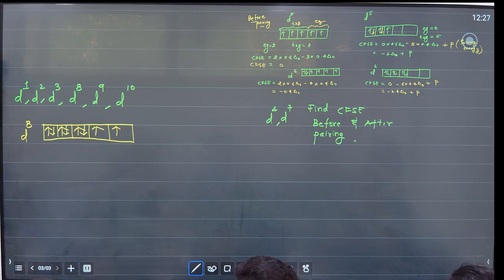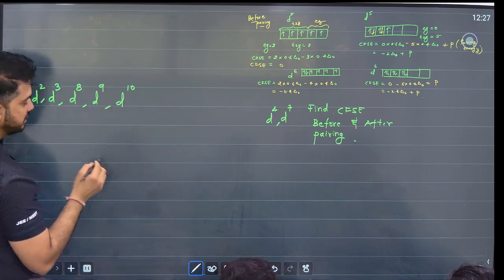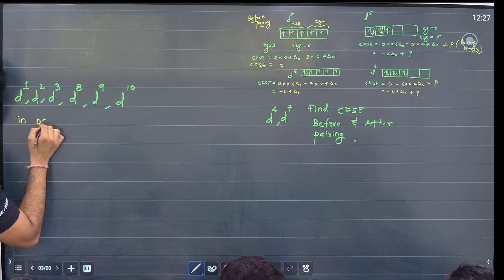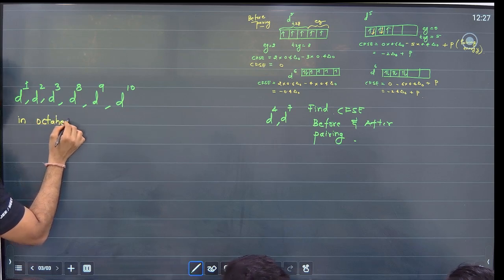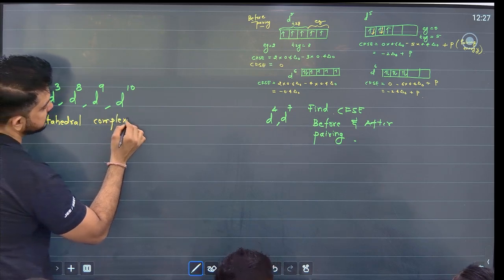This is D8 before pairing. Will you pair EG का electron in EG? No. So for D8, D9 and in octahedral complexes,